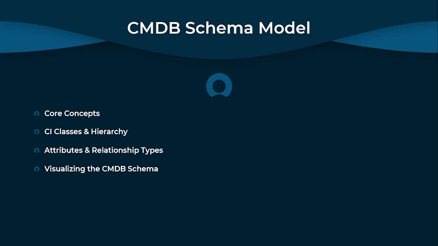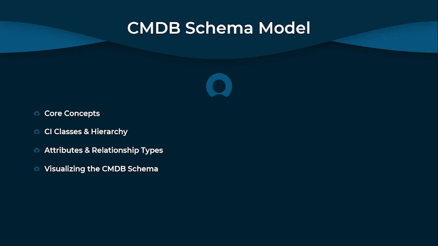Then software includes subclasses like application, database, middleware, and application subclasses can include web application, desktop application, and network includes subclasses like router, switch, firewall, and facilities include subclasses like data center, rack, power unit, and if we talk about business service, then high level services delivered to the business, and technical services, IT services that support business services.